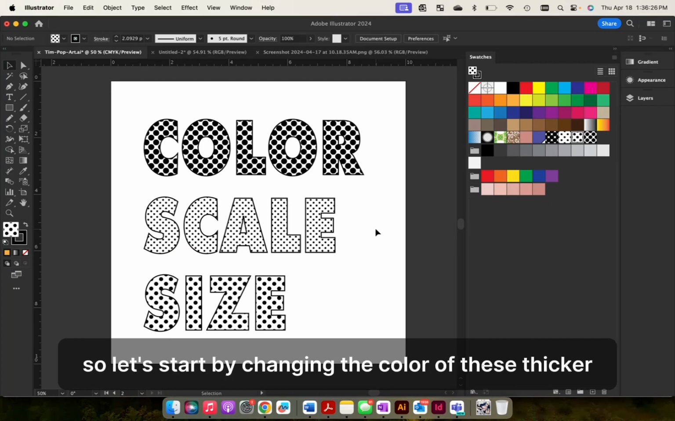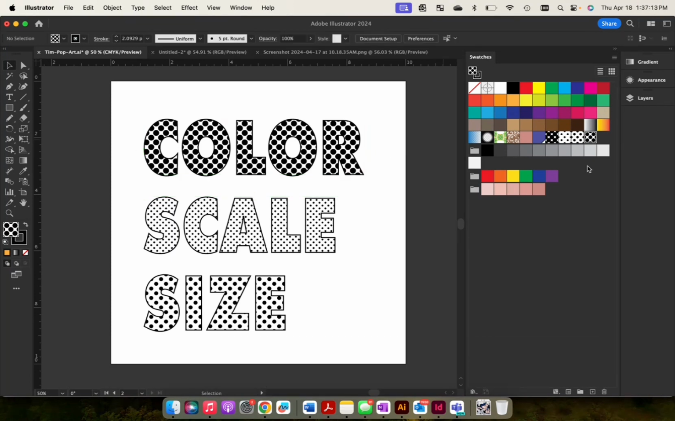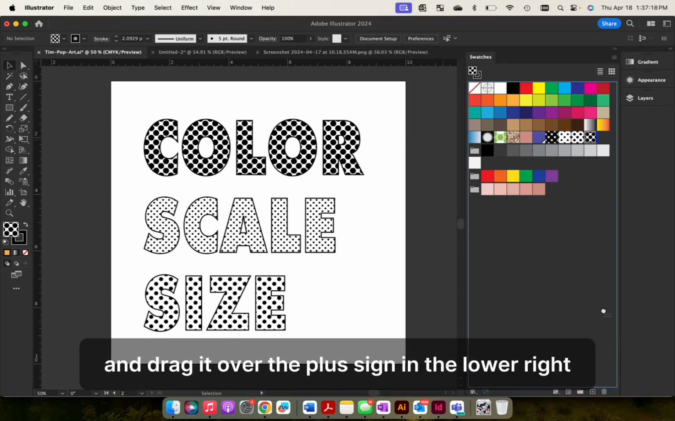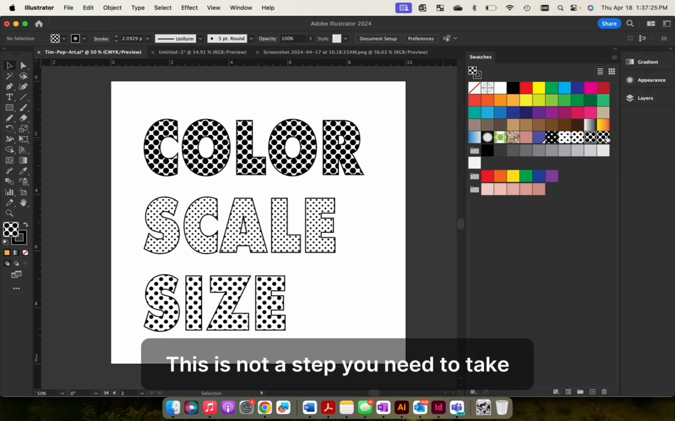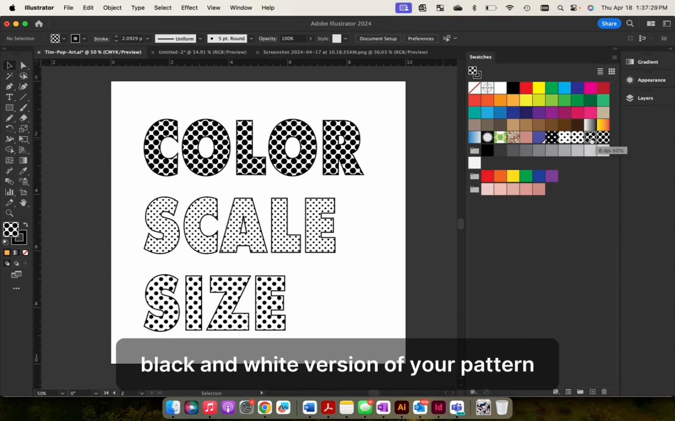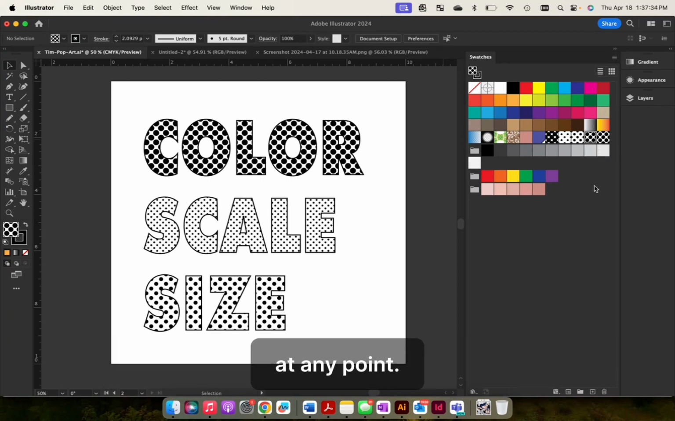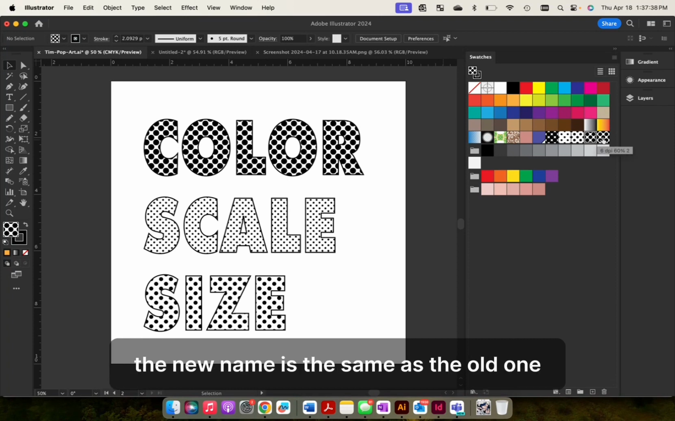So let's start by changing the color of these thicker dots here. To do this, I don't need to have anything selected. First thing I want to do here is click on my swatch and drag it over the plus sign in the lower right. That's going to create an exact duplicate. This is not a step you need to take, but it's helpful if you want to preserve the original black and white version of your pattern, or if you want to preserve any iteration of it at any point. Notice that when I duplicated it, the new name is the same as the old one, just with the number